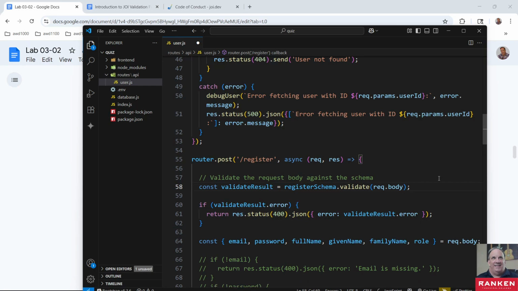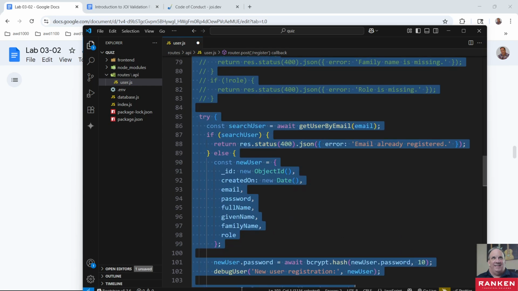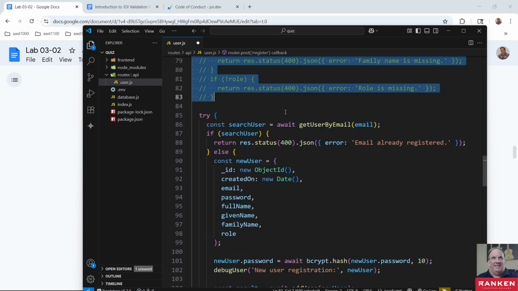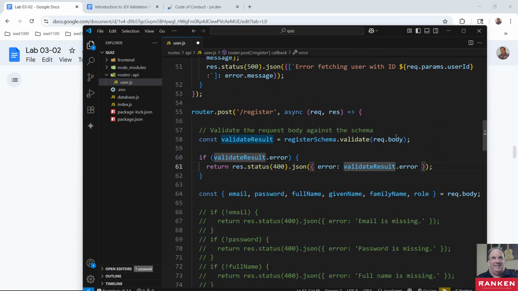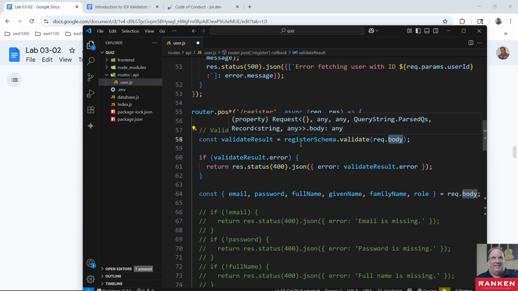Okay. So basically here I'm saying if my validation result has an error, then go ahead and return that error. Creating that schema and doing this replaces all of these statements. So you don't need all these statements now. All you need to do is pass your body into the validate function of your register schema, and